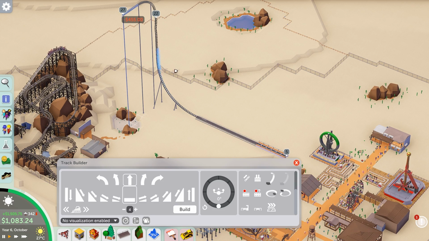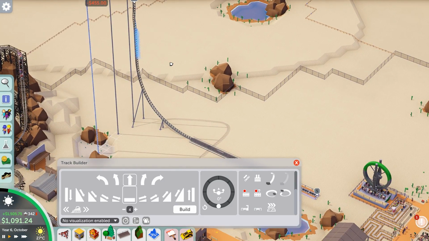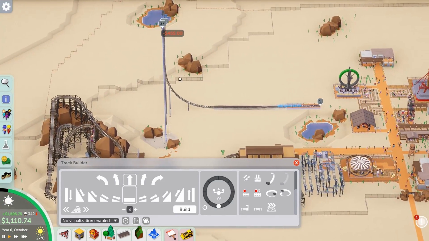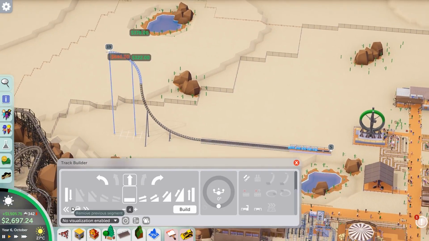Come on, buddy. Here it goes. Here we go. No, too slow. Thing is, if it's going to be going that fast, having this taller than it is long is a really bad idea in general, so maybe...